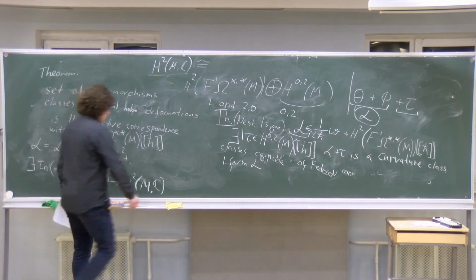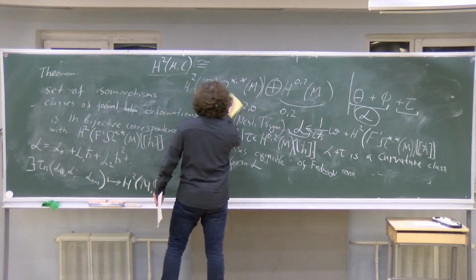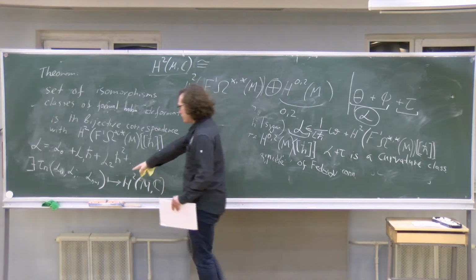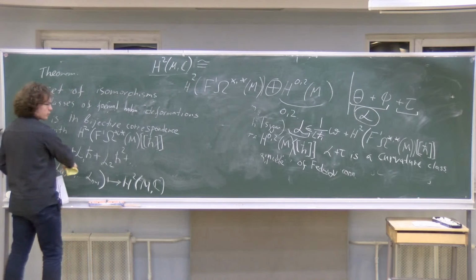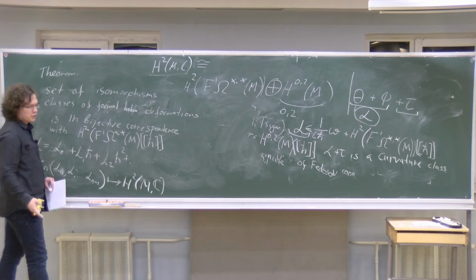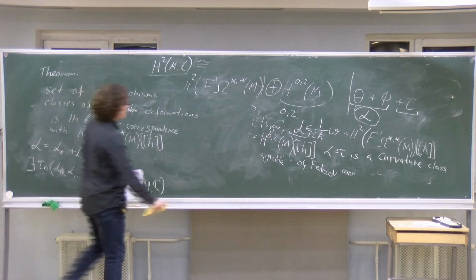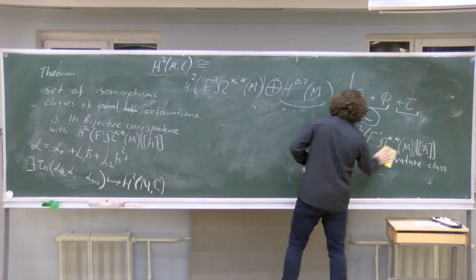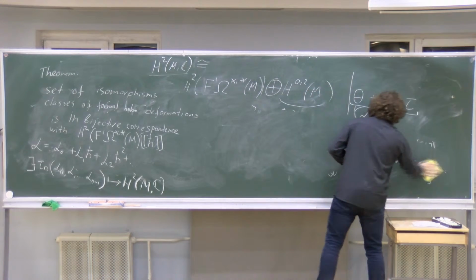So we have this, note that this is tau n. It is not tau itself, it is its coefficient. So the curvature class